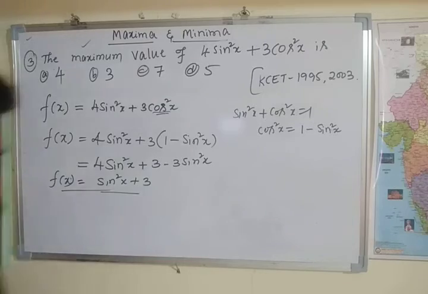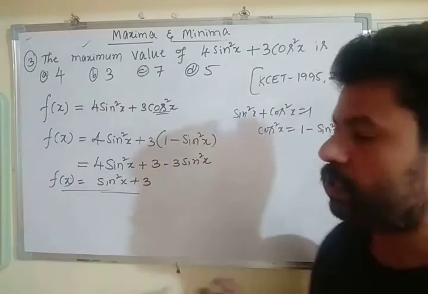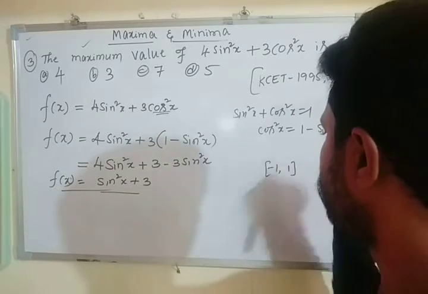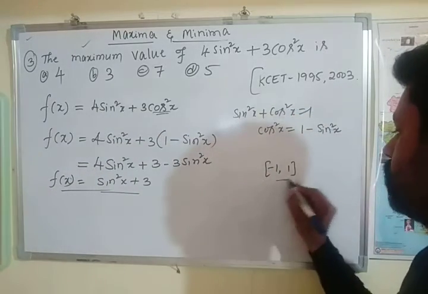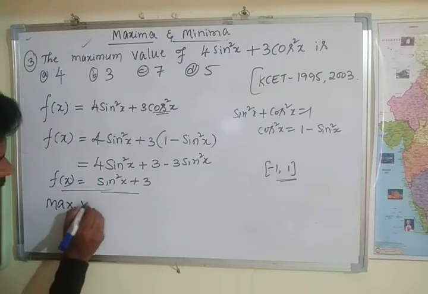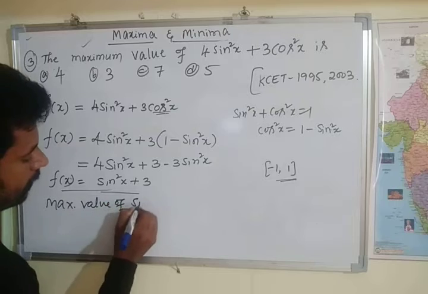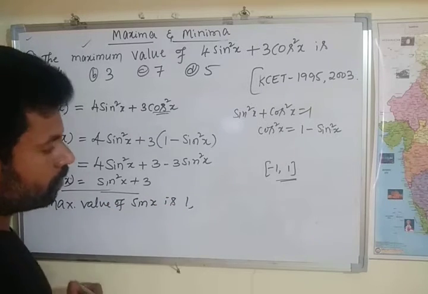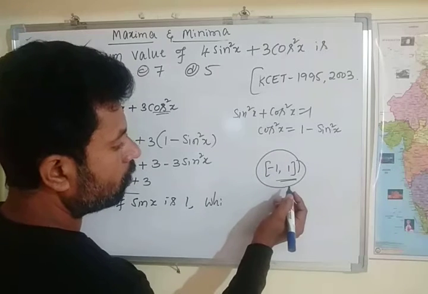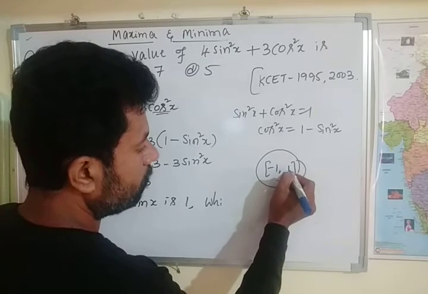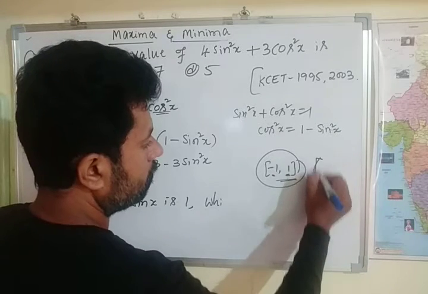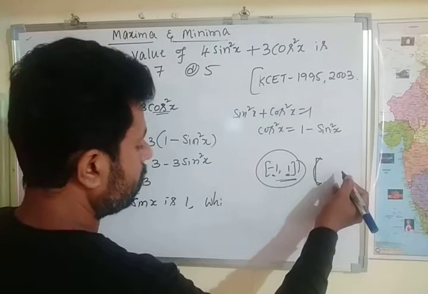We already know the concept. The maximum value of sin x is, we know the range of sin is minus 1 comma 1. The minimum value is minus 1, the maximum value is plus 1. The maximum value of sin x is 1, which is attained. This is the domain or range form. Maximum value we consider 1 and minimum value is minus 1. Range here we consider minus pi by 2 comma pi by 2, which is attained